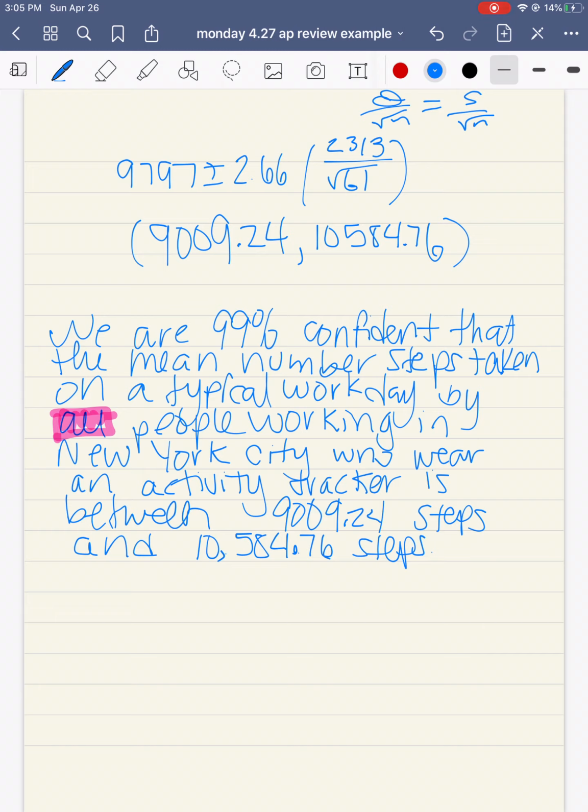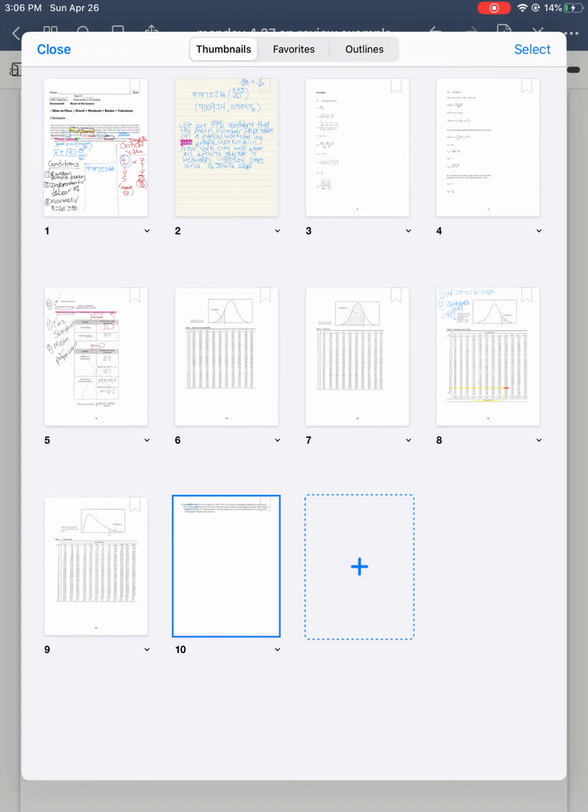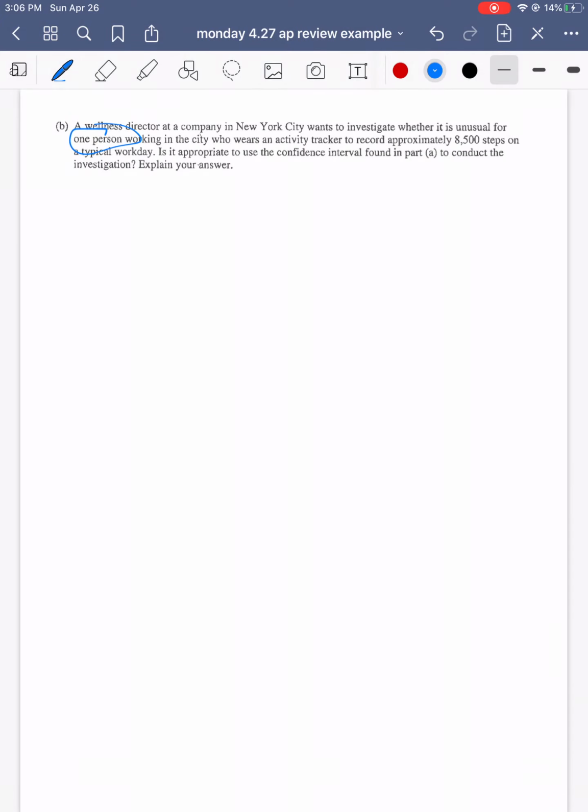Because the confidence interval isn't meant to make conclusions about samples. It's meant to make conclusions about the population. So, in Part B here, is it appropriate to use the confidence interval to conduct the investigation? So we will say, no, it is not appropriate